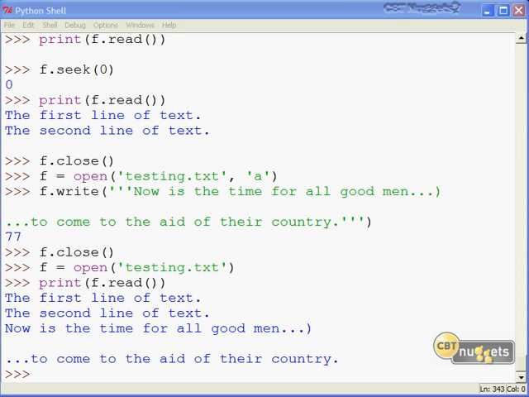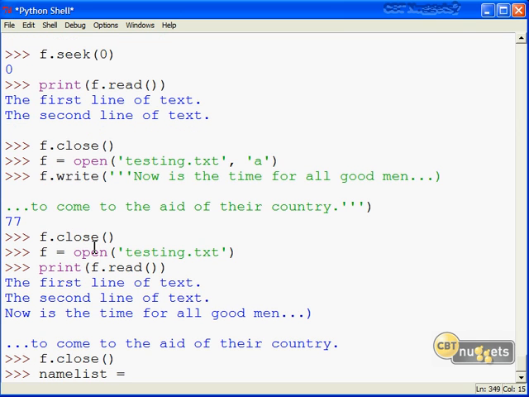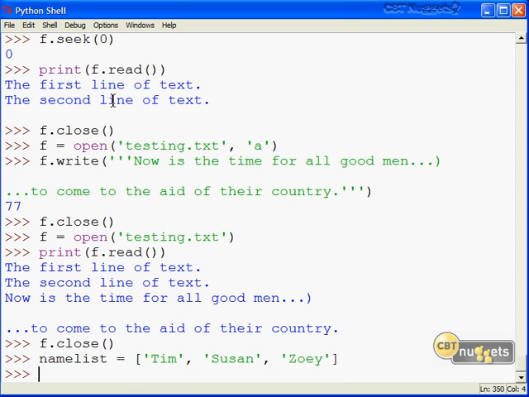We'll finish this consideration of opening, closing, reading, and writing files by closing the f file handle yet again. And I'm going to create a small list now of arbitrary names. Okay, Tim, Susan, Zoe. And then we're going to open testing.txt one more time. Well, actually, it'll be one more time after this for write. Now, remember what's going on here. I mentioned that unless you use append, you're playing with a loaded gun in terms of the contents of that file. So keep that in mind as we go on here.